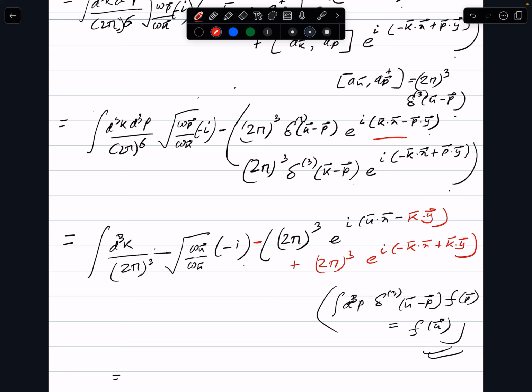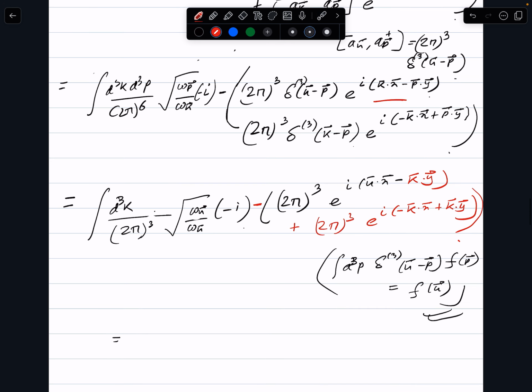Again, p is replaced by k, right? Because I have integrated over the delta function. And so putting everything together, I have d3k by 2 pi cube. Now omega k cancel out in this term here, and I have minus I into minus sign. So I just have I, and I have 2 pi cube,